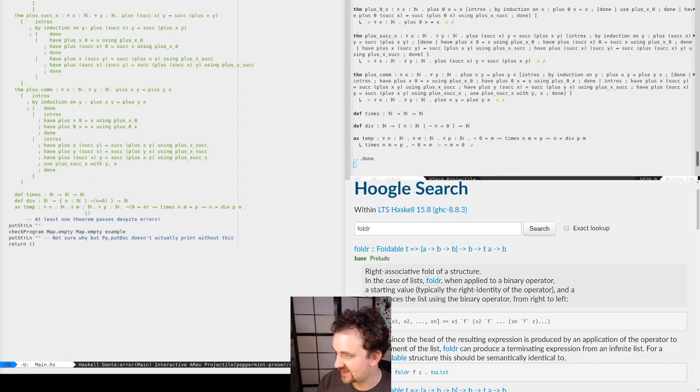The printing of tactic is just a bunch of blah. Have plus sucks y x equals sucks of plus y x using, we're getting there, using plus sucks x, and we are done with this, and we're going to do a bit of ordering.